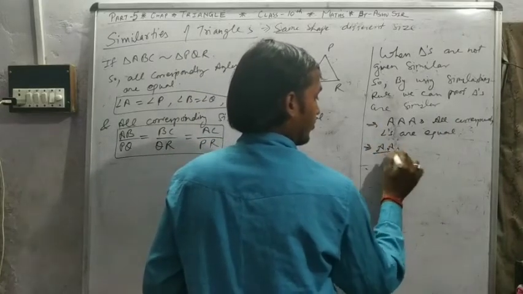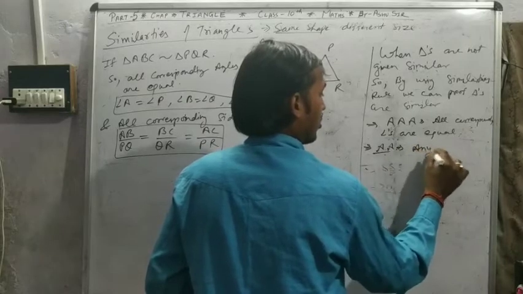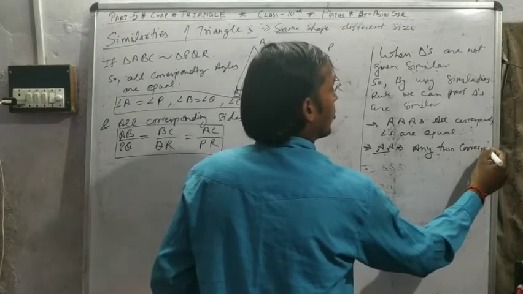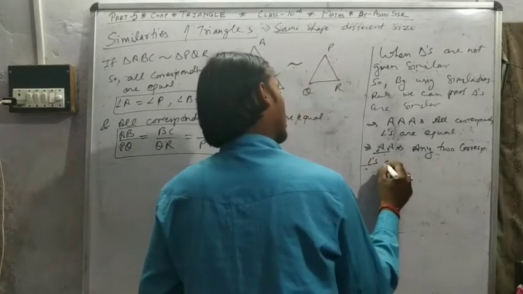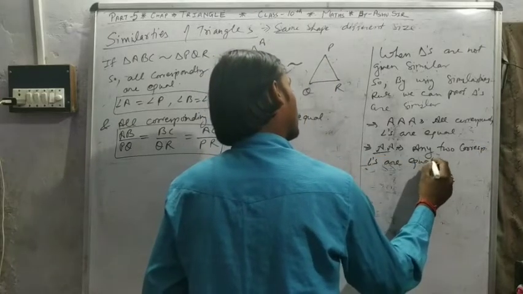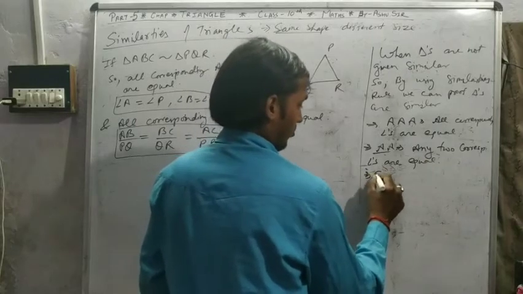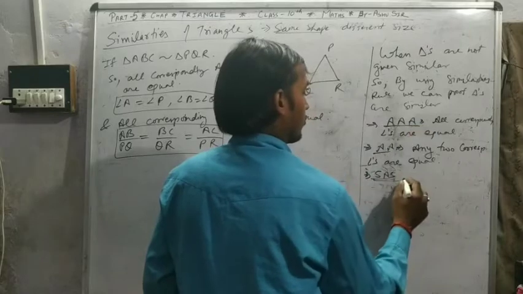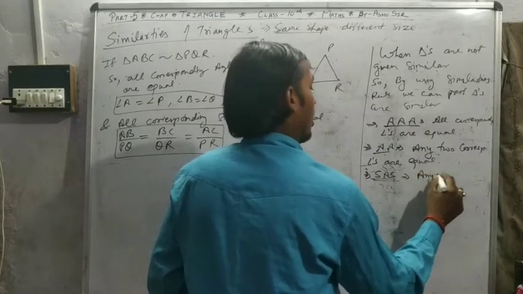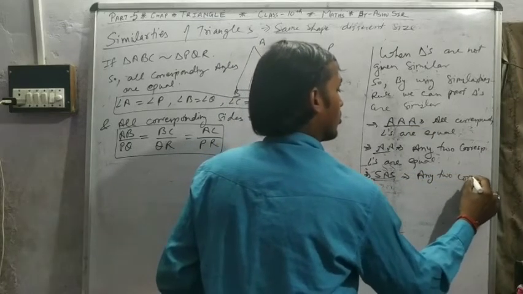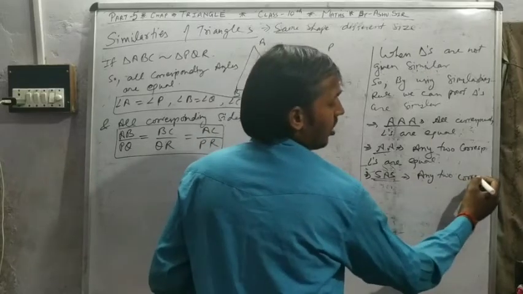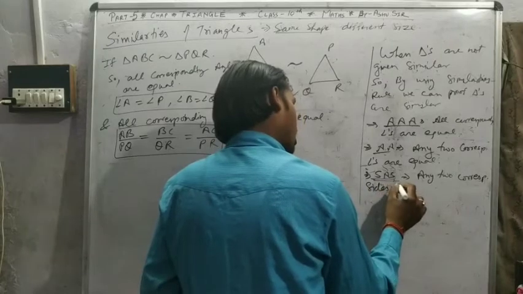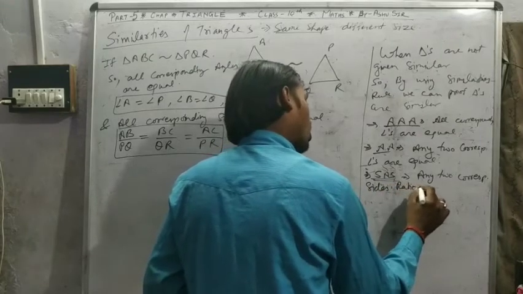AA, any two corresponding angles are equal. And SAS, any two corresponding sides' ratio equal